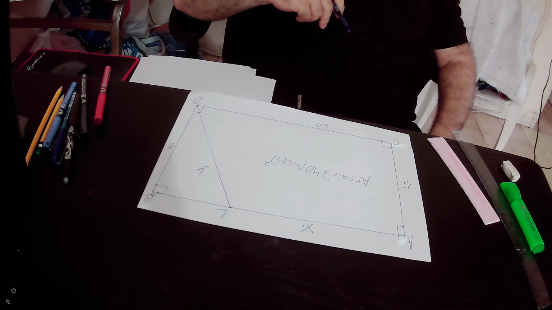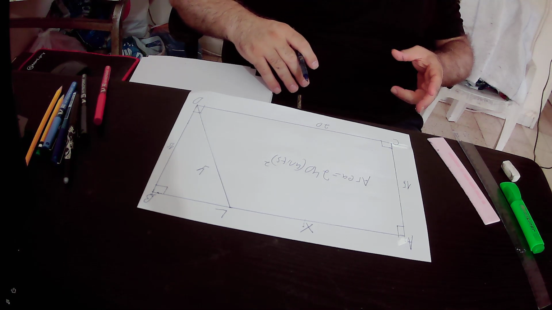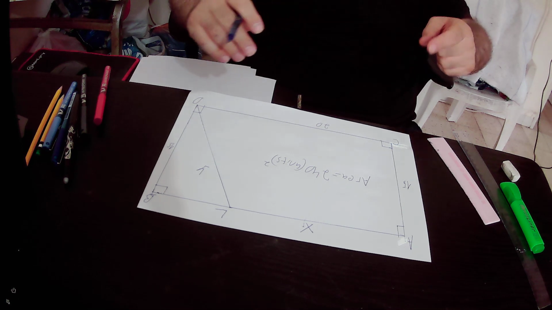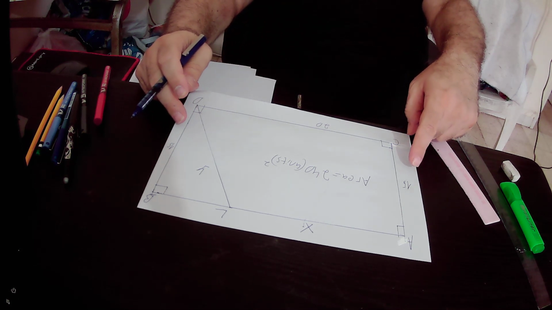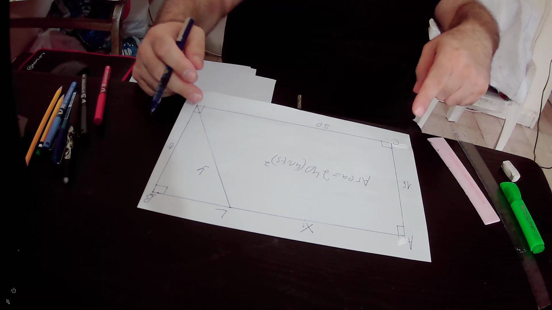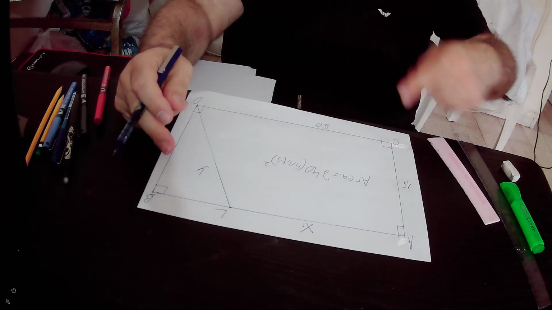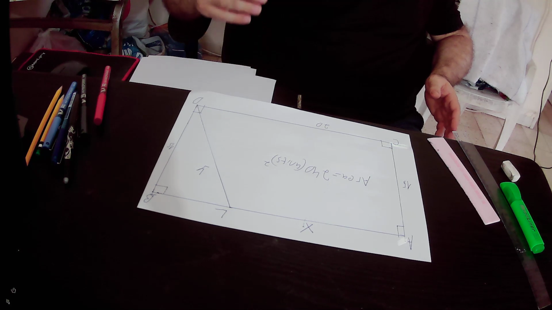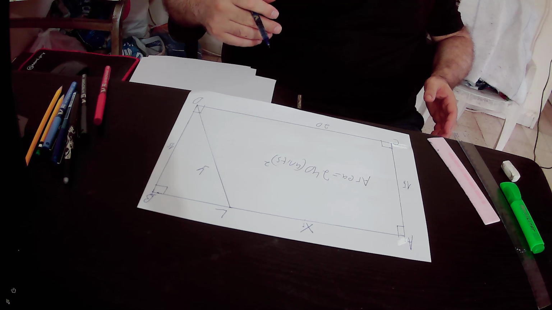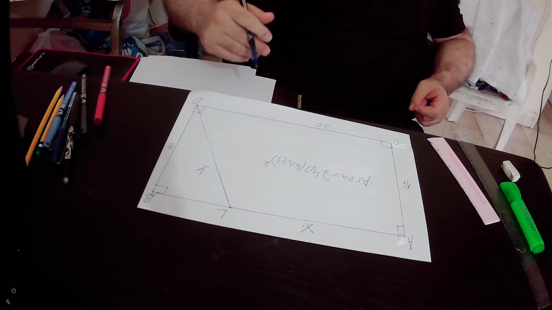Okay, because in a rectangle you have two sides that are equal to each other and also parallel to each other, and the other two sides are also equal to each other and parallel to each other. And this shape ABCD satisfies the definition of a rectangle. For that reason, ABCD is a rectangle,